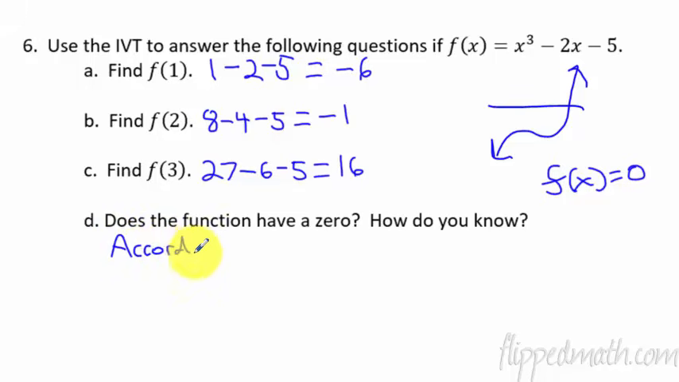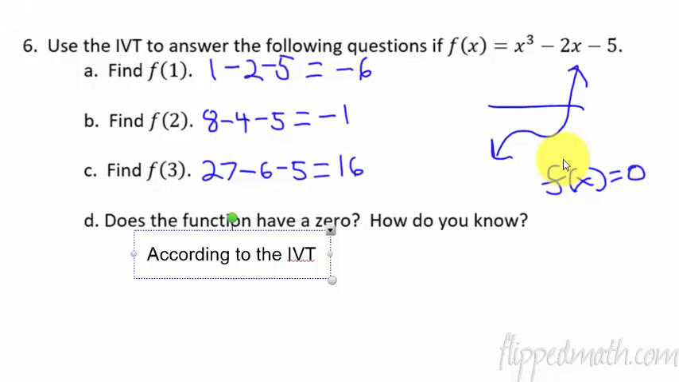According, oh, I'm going to type this. Forget handwriting. Haha, yeah, this is better. According to the intermediate value theorem. What? What according to that? How do we say this? According to the intermediate value theorem,